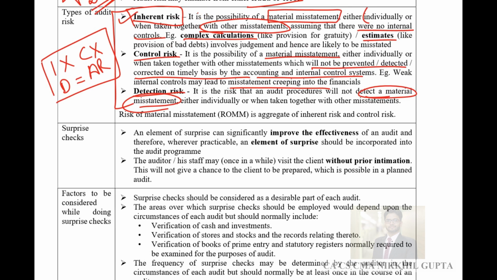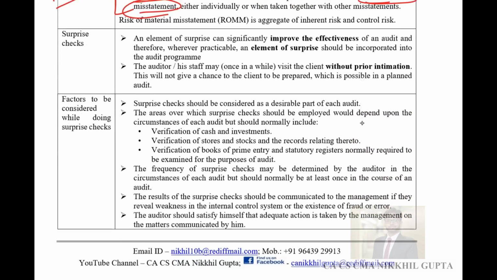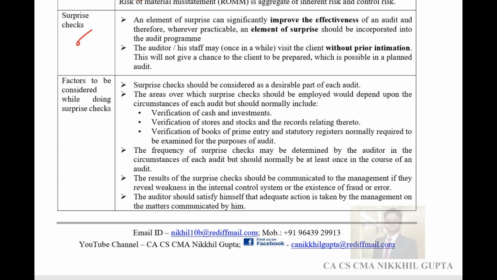These are the three types of risks, and it is an important topic, guys. Let's come on to the next aspect, which is surprise checks. Surprise checks are the checks which are employed by the auditor out of nowhere. He would not inform the management of these checks, and he would suddenly appear from nowhere and do some checking